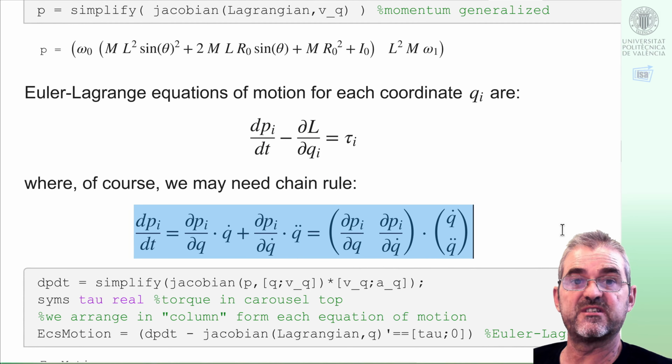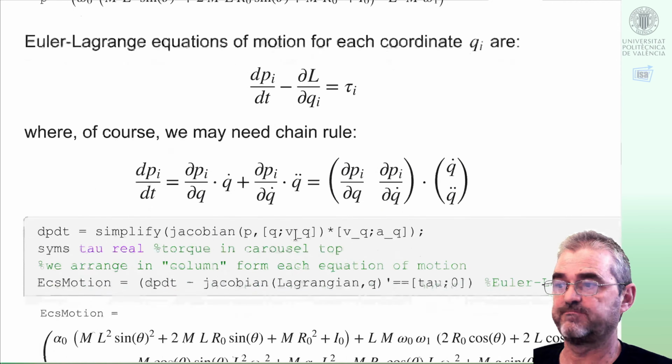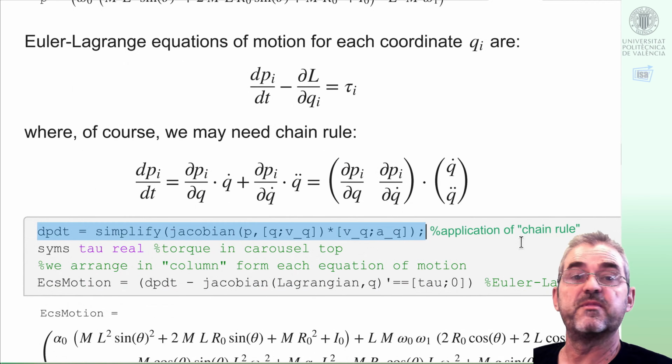We were doing the same chain rule stuff that we are now doing here. I will need to take derivatives with respect to positions and multiply by speeds, and derivatives with respect to speeds and multiply by accelerations. So this is the PDT, a horrible thing I don't wish to look at,